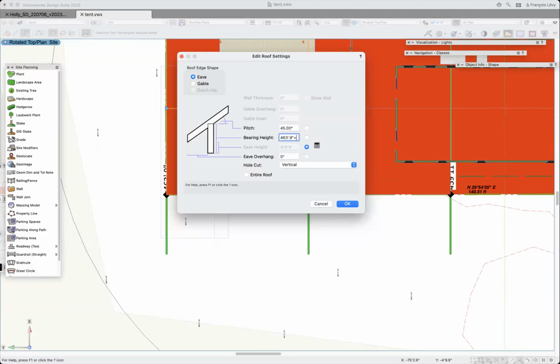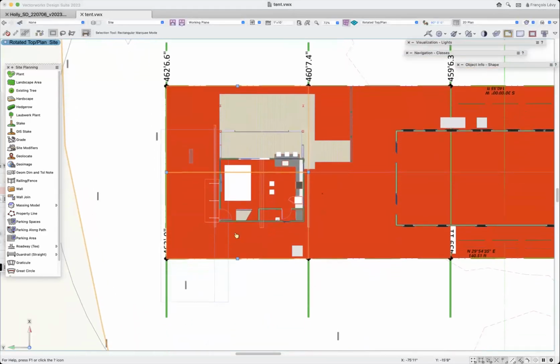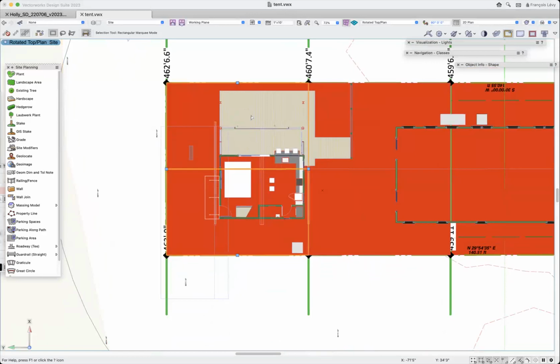0.9 inches plus 15 feet. I knew there was a decimal in there somewhere. Entire roof. Okay, well, here's where it gets a little tricky because